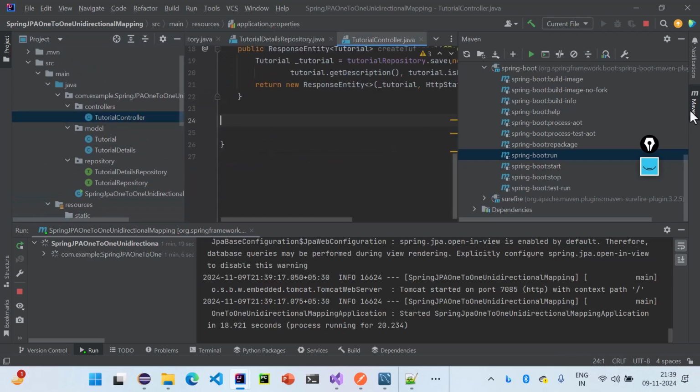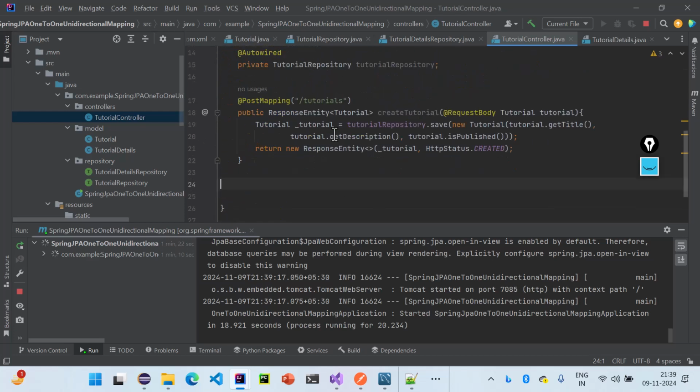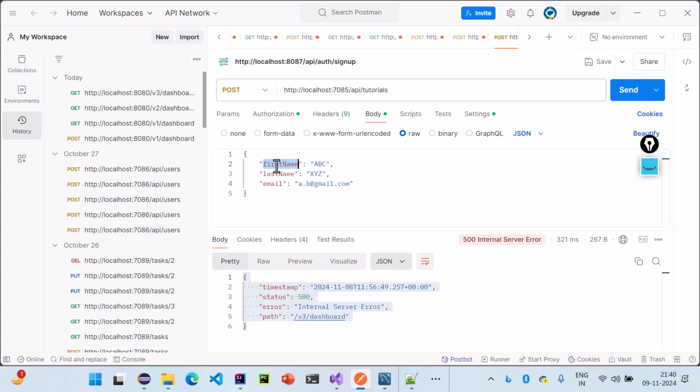So again I can confirm from the controller class that it is API, and under API you have tutorials, right? Used add request body as a method parameter, so I have to give a body, right? So body first is title,